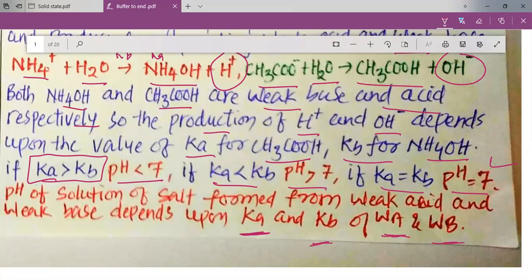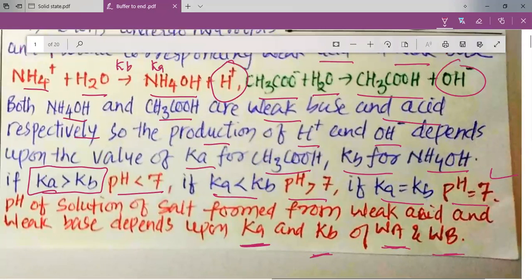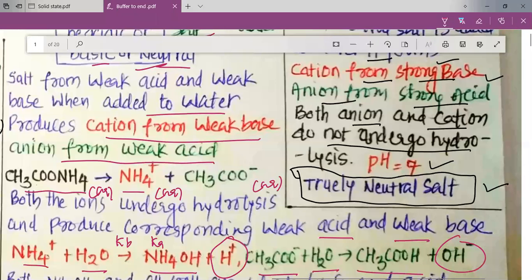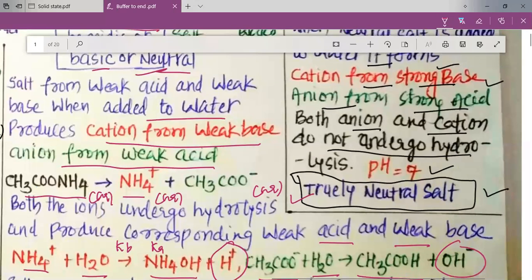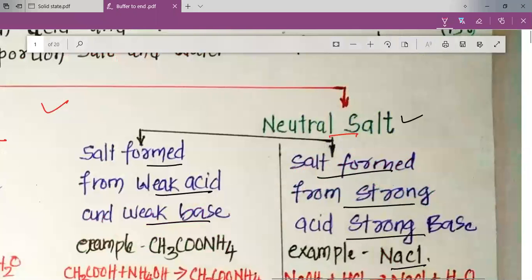So my dear students, we can have two types of neutral salt. For one neutral salt, we can definitely say that it is truly a neutral salt. But for the other type of salt, which we have considered a neutral salt, we need to know the Ka and Kb values for the weak acid and weak base,